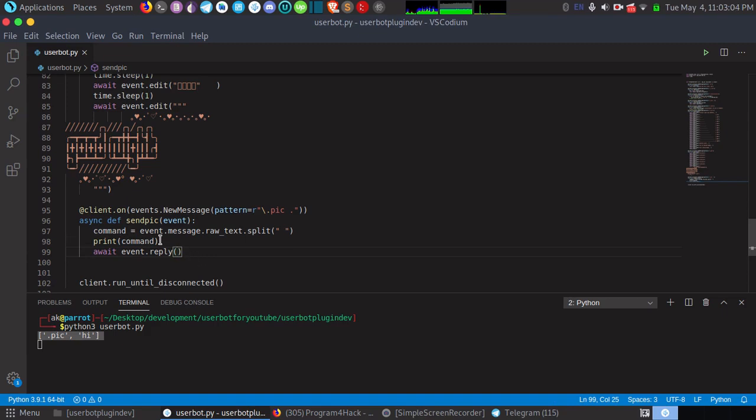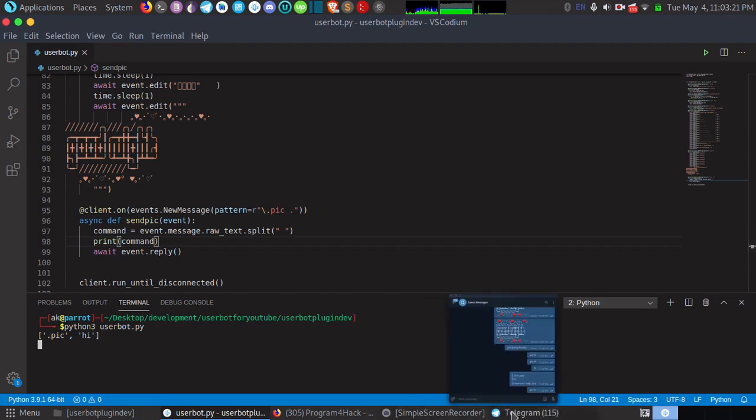Reply, and what we will do, we will get this pic object and use this word to get an image from the internet and download this image, and then we will send this image to the not victim, to the person. So we have selected this and remove this. Okay, our